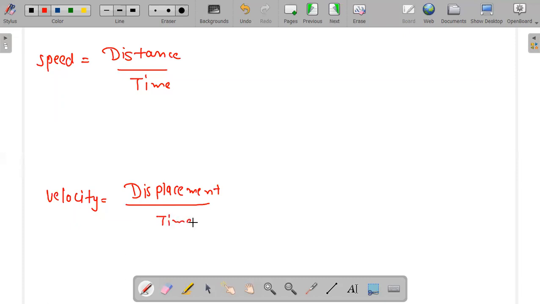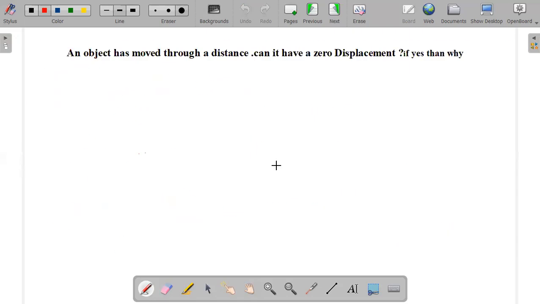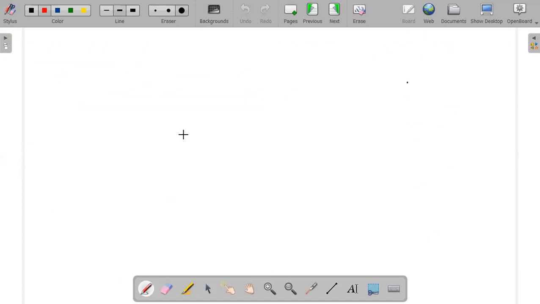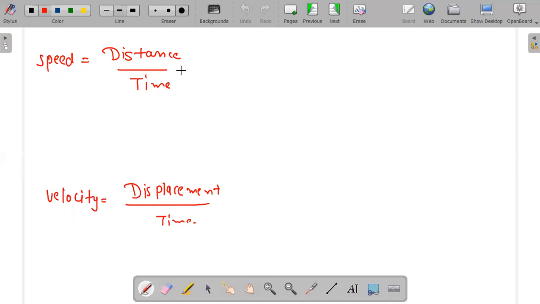Remember one thing, we studied this in previous classes. We studied the difference between distance and displacement. There is no direction for distance, and there is direction for displacement. So displacement is known as a vector quantity, and distance is known as a scalar quantity. I am applying the same rule. Both of them are measures of how far anything travels. Distance has no direction, and displacement has direction, so I'm using the sign of an arrow. Other than this, everything is same.